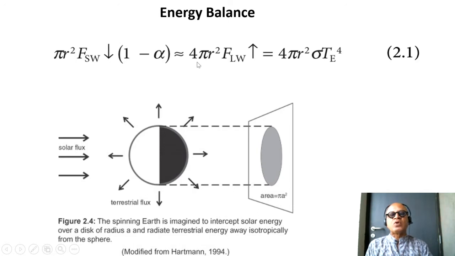This has to equal the amount of energy going out from the Earth's surface, which is a sphere. So the area of the sphere has to be considered, because outgoing longwave is going out at every point on the sphere. So the area there is 4 pi r squared or 4 pi a squared times F longwave, which is the longwave flux, which we already said is the black body radiation, sigma